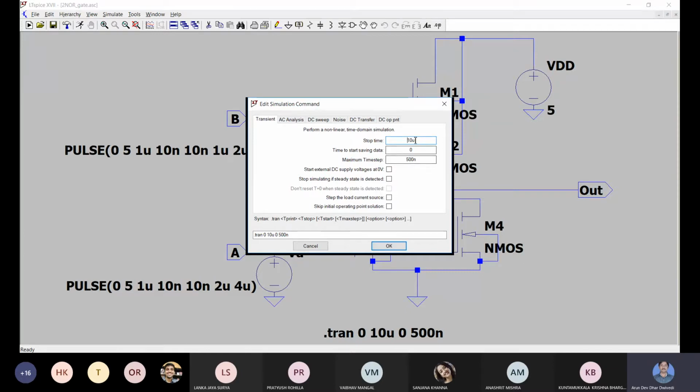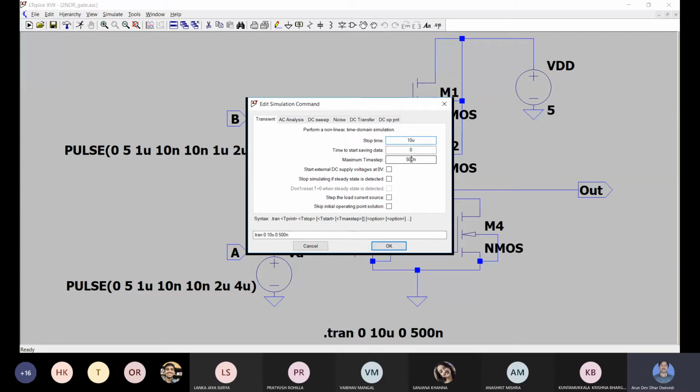Whatever time, stop time, start time or time step you provide in this UI, accordingly it also writes the dot tran command, going from 0 to 10 microsecond, and the step is provided as 500 nanosecond. So all these are given.